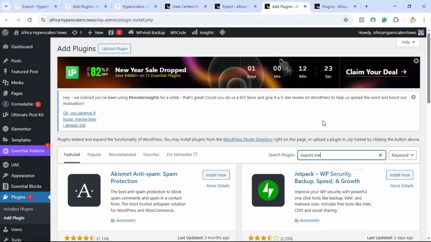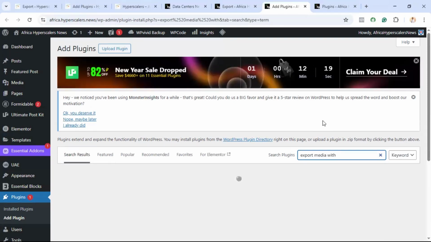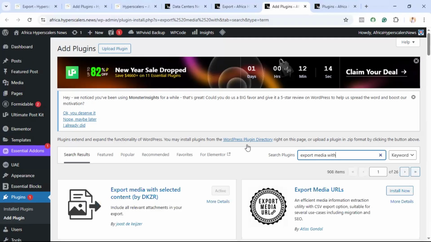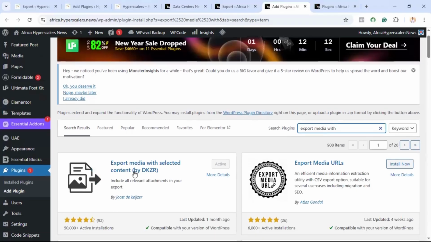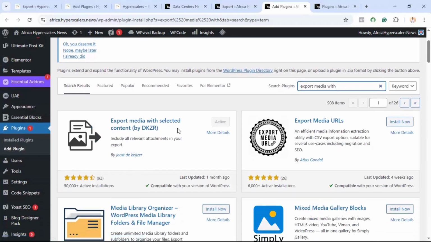Search for export media with selected content. So here you have it, it's already showing. This is the particular plugin, export media with selected content. You click install, and once it is installed, you activate. As you can see, it is already active over here. So once you have done that,